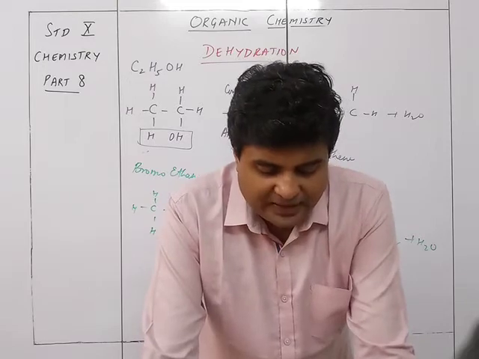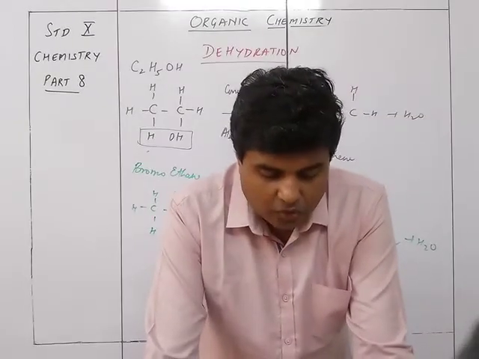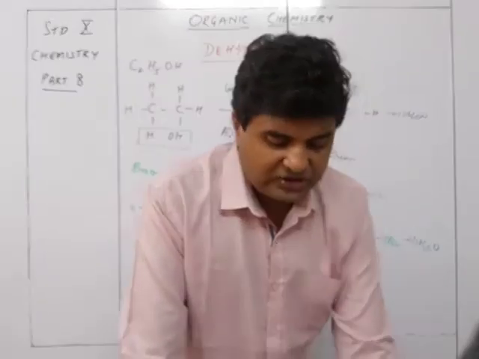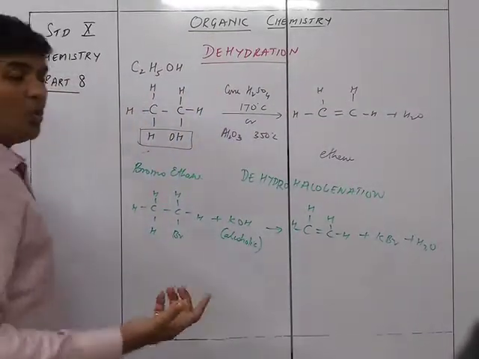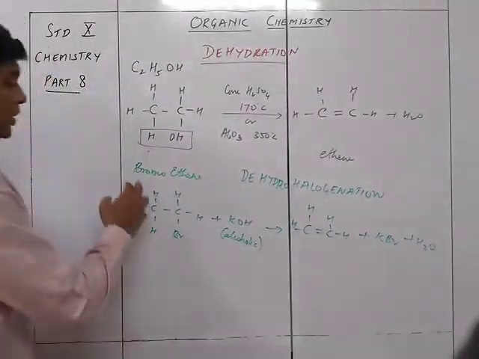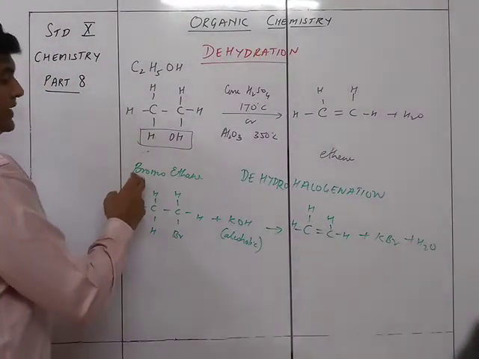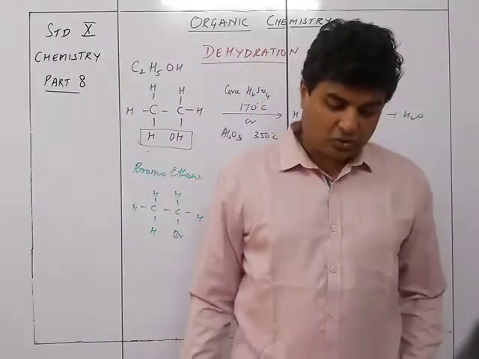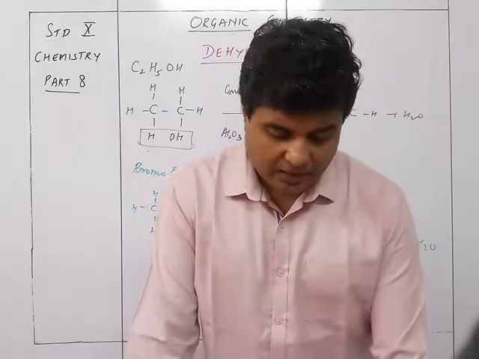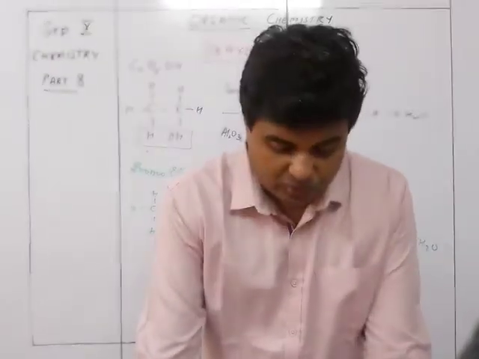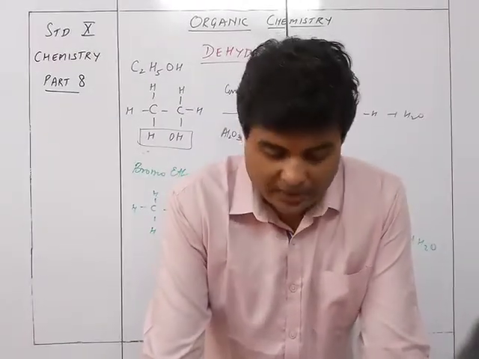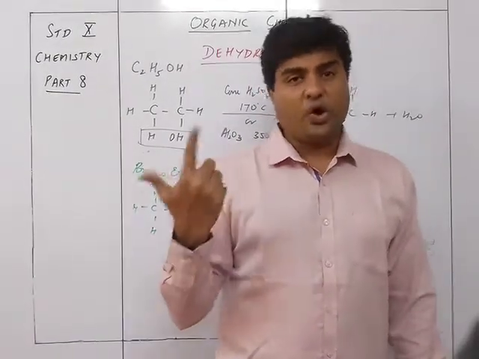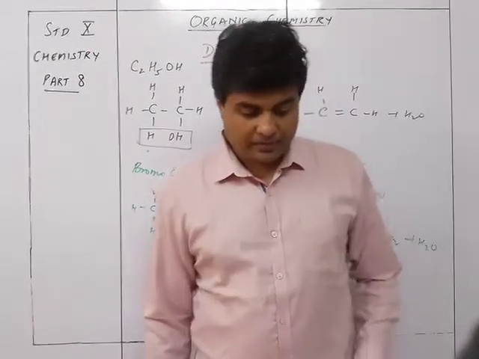So bromoethane or ethyl bromide, chloroethane or ethyl chloride react similarly with alcoholic KOH. So instead of taking Br, you can take Cl also. You can have chloroethane or you can have iodoethane. Both of them are going to work in the same way. So chloroethane or bromoethane, both can be used. Iodine is not written in the syllabus, so better don't use it that way. So we are going to consider that we can produce this by bromoethane or chloroethane.